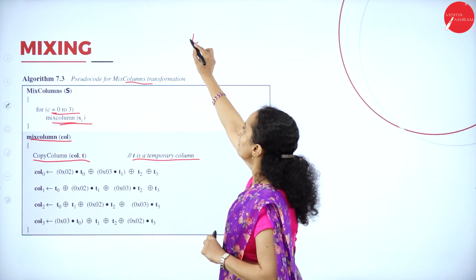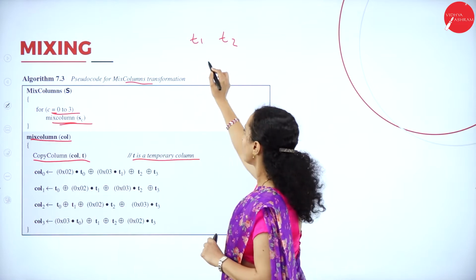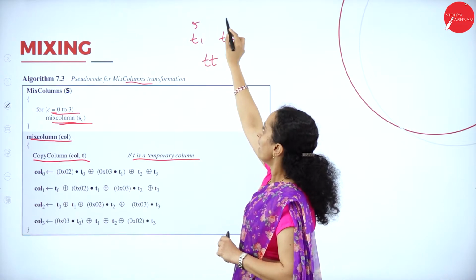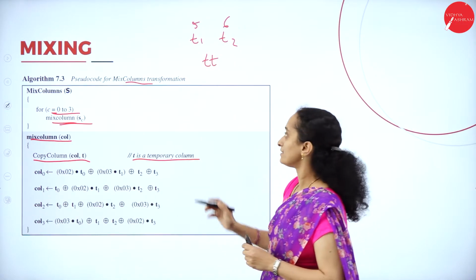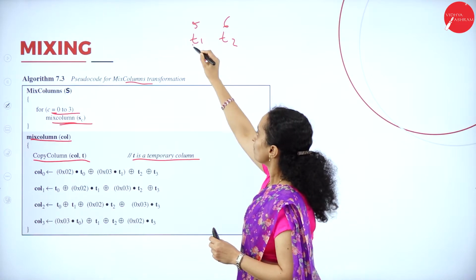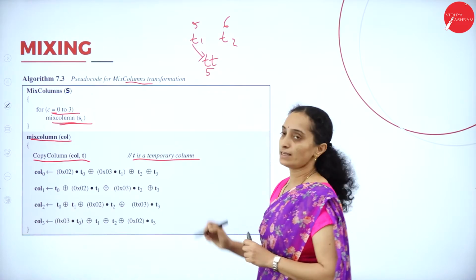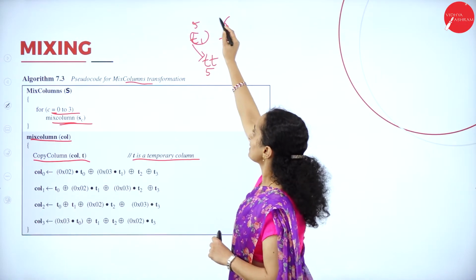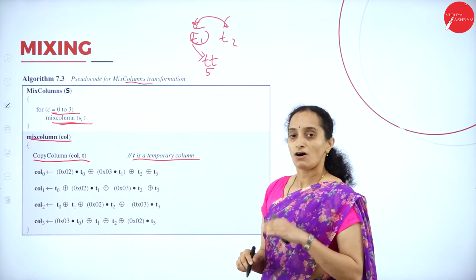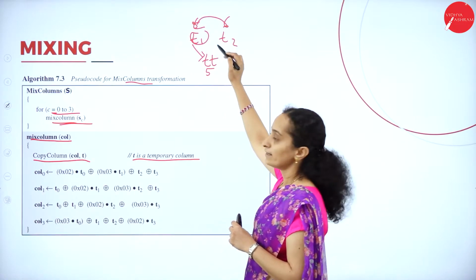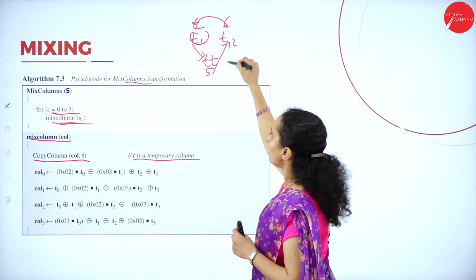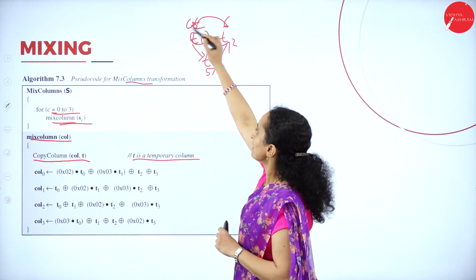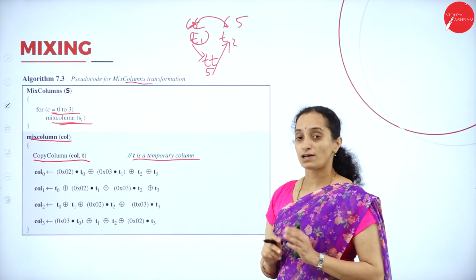Suppose we have T1 and T2, and we take a temporary variable. Now, they hold 5 and 6. You can't exchange them as they are. What you will do is, first you store the 5 in the temporary variable. Now, T1 becomes empty. Now, 6 will be assigned to T1. Now, T2 becomes empty. Now, 5 will be stored back to T2, isn't it? Now, T1 has 6 and T2 has 5. This is how you can exchange.